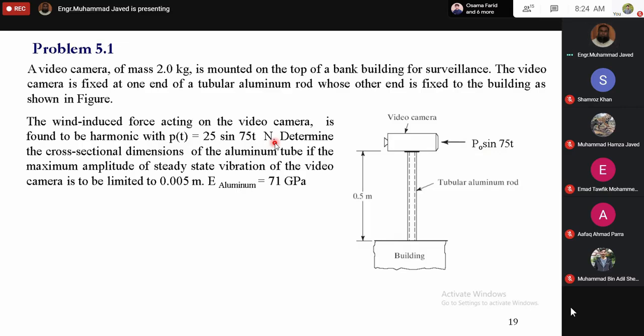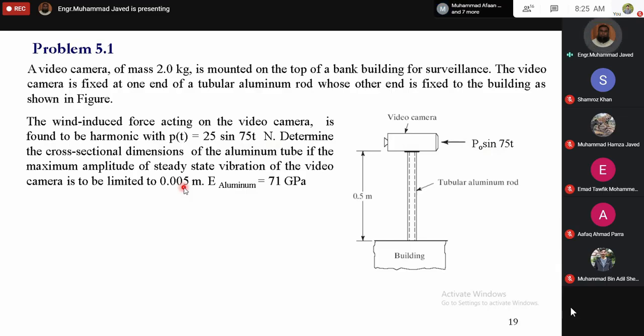Now, due to this wind force, since the wind is a dynamic force, dynamic displacement will be produced, and it is required to limit this dynamic displacement to 0.005 meter,